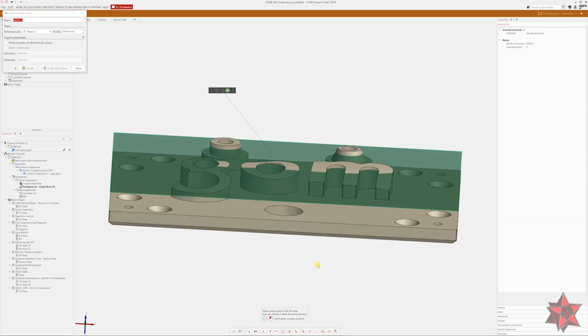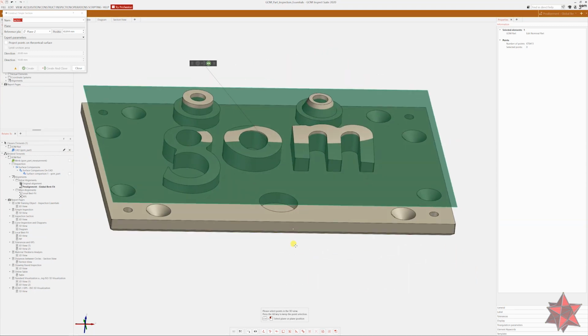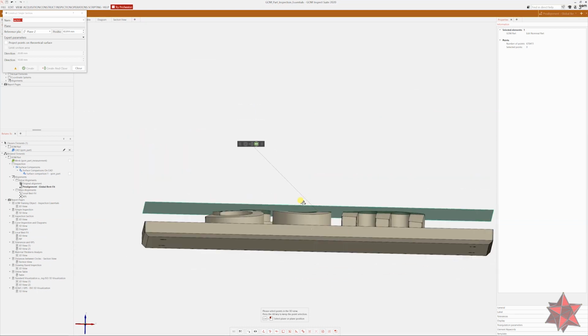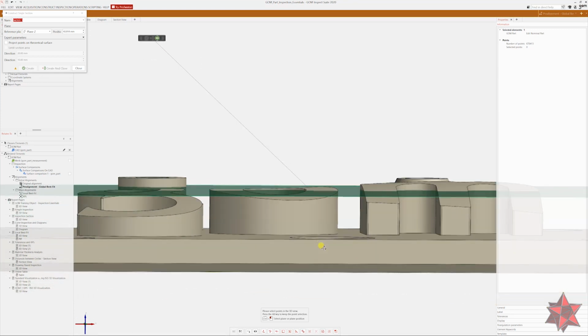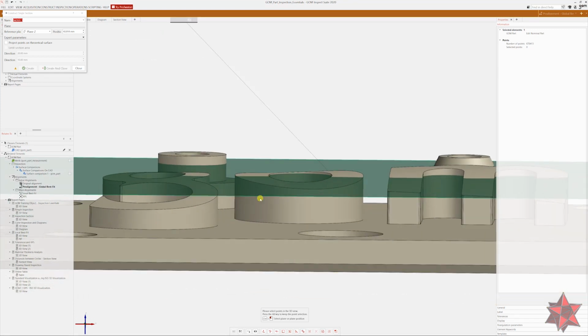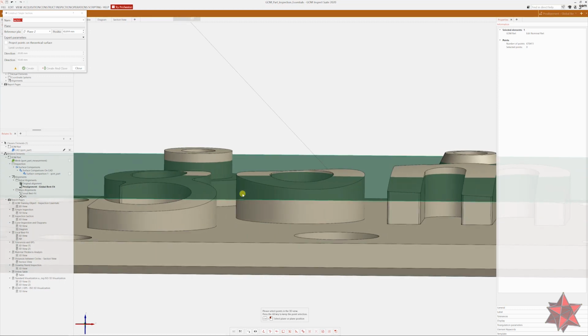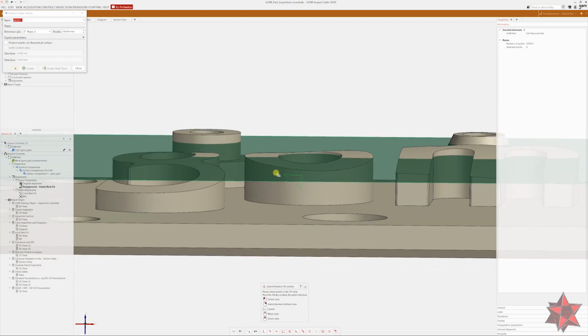Okay, now you will have to select the surface that you want to make the section on, and since I only want to select the exterior of the cylinder, I will go to deselect on surface or Control-Space from the keyboard, and I will try to select. Okay, then again